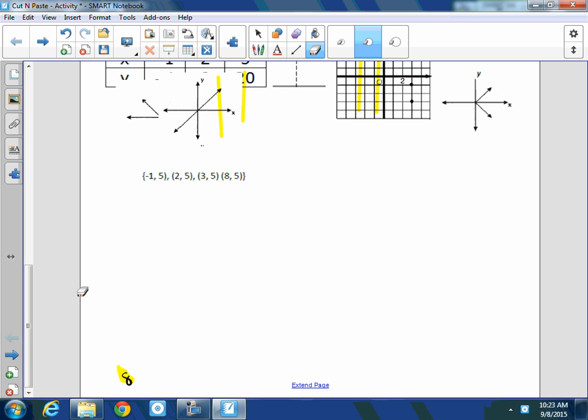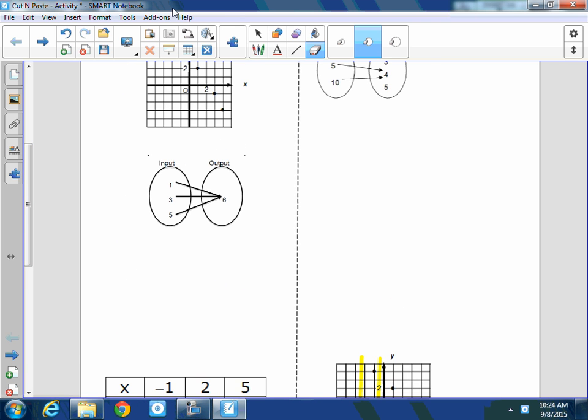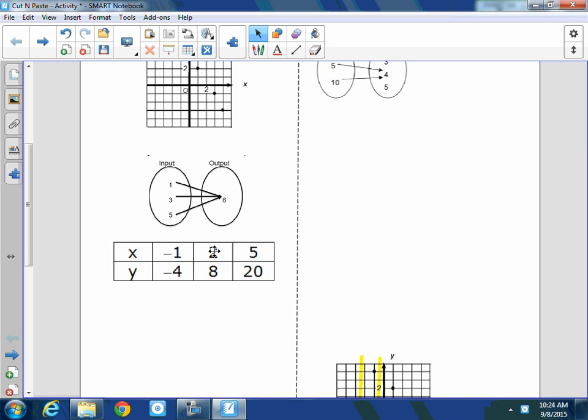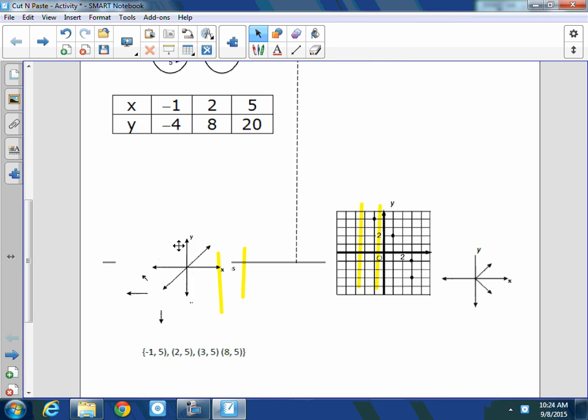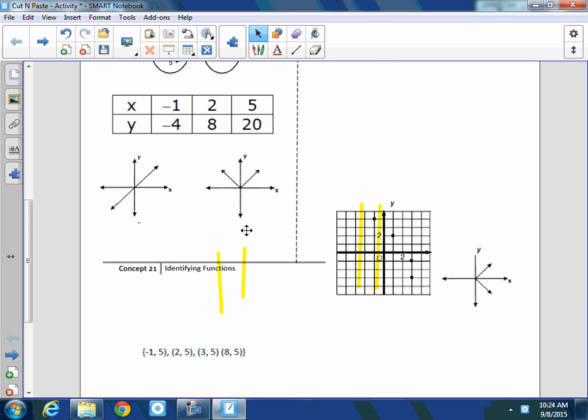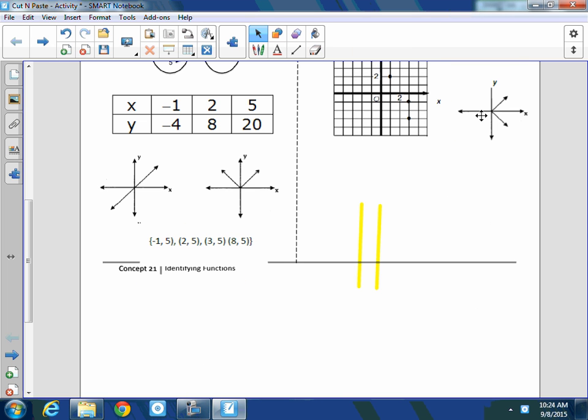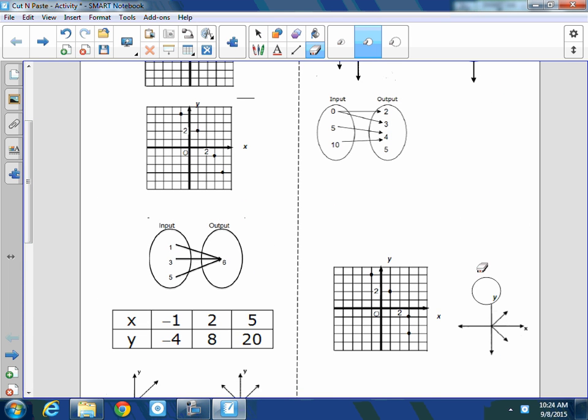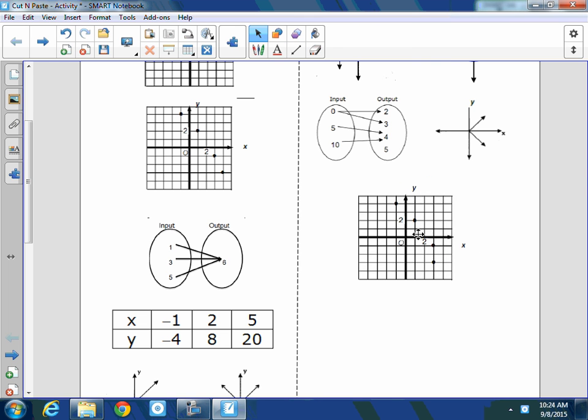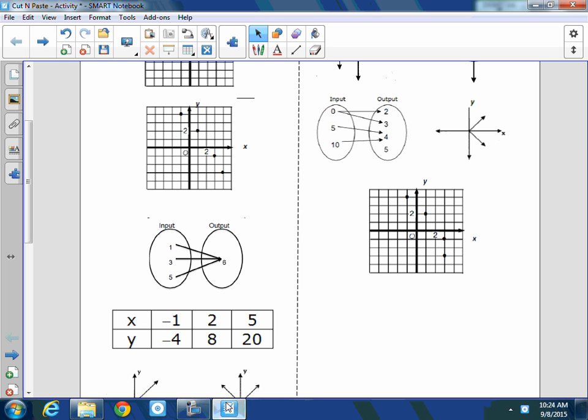So at this point, what you need to be doing is gluing all this, with functions on one side and non-functions on the other. All right, and that would be